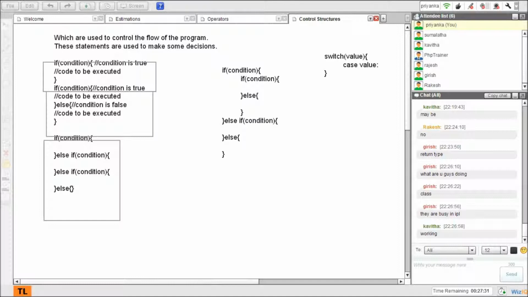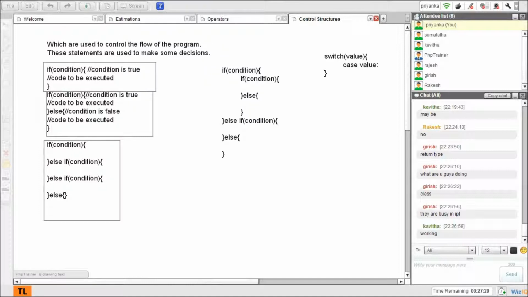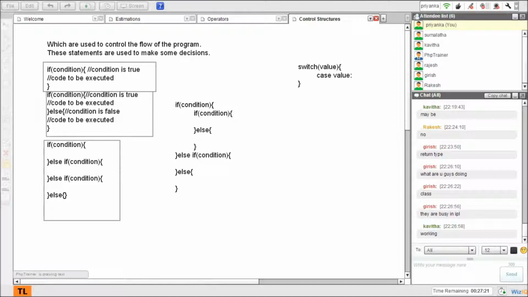Fine. Yeah. So I'll just move this here, and I'll move this guy here. Okay, and we'll use a box for this guy too, just to differentiate. Alright. So yeah.